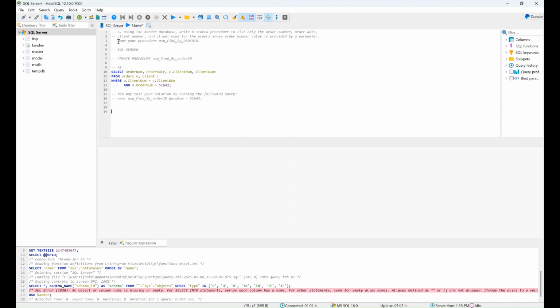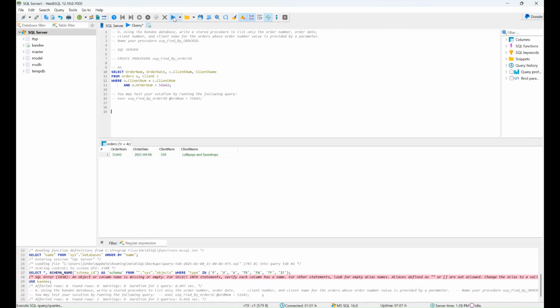And let's go ahead and run this query as it stands right now, see if that's working. And it is. I'm getting order 51642 and the date, the client number, and the client name. So that's all lovely. Now what we'd like to do is make this value replaceable. And so let's replace that with a variable, and we preface a variable or parameter with @ in Transact SQL for use with SQL Server